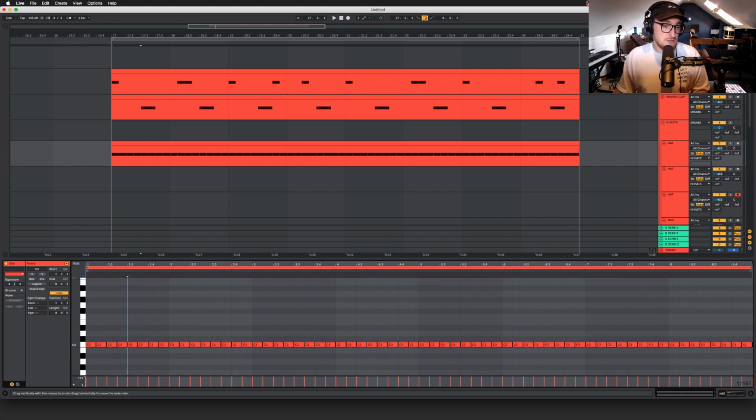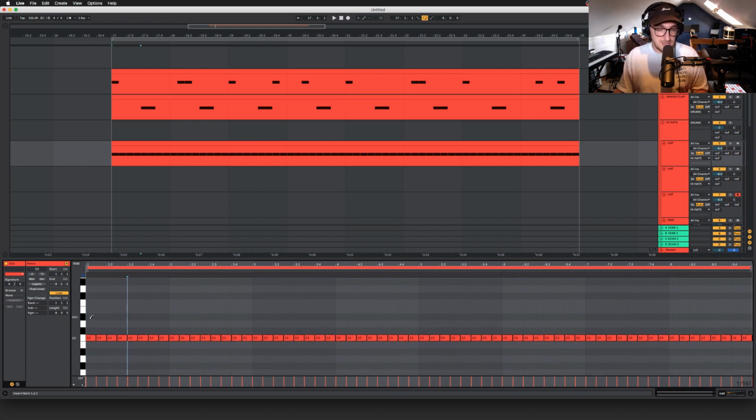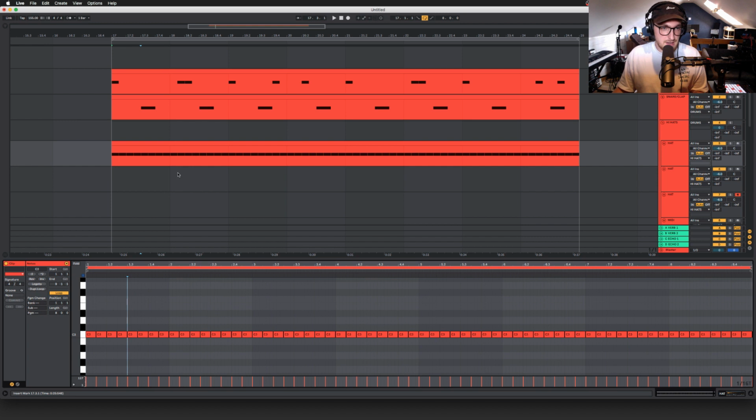Something that I like to do a lot, but it's usually when I'm being lazy, is when I don't necessarily want the hi-hats to be some big feature, but I still want them to have some dynamic to them. So rather than layering hi-hats physically, which I'm going to talk about next, I'll do the layering all within one patch. So it might go,